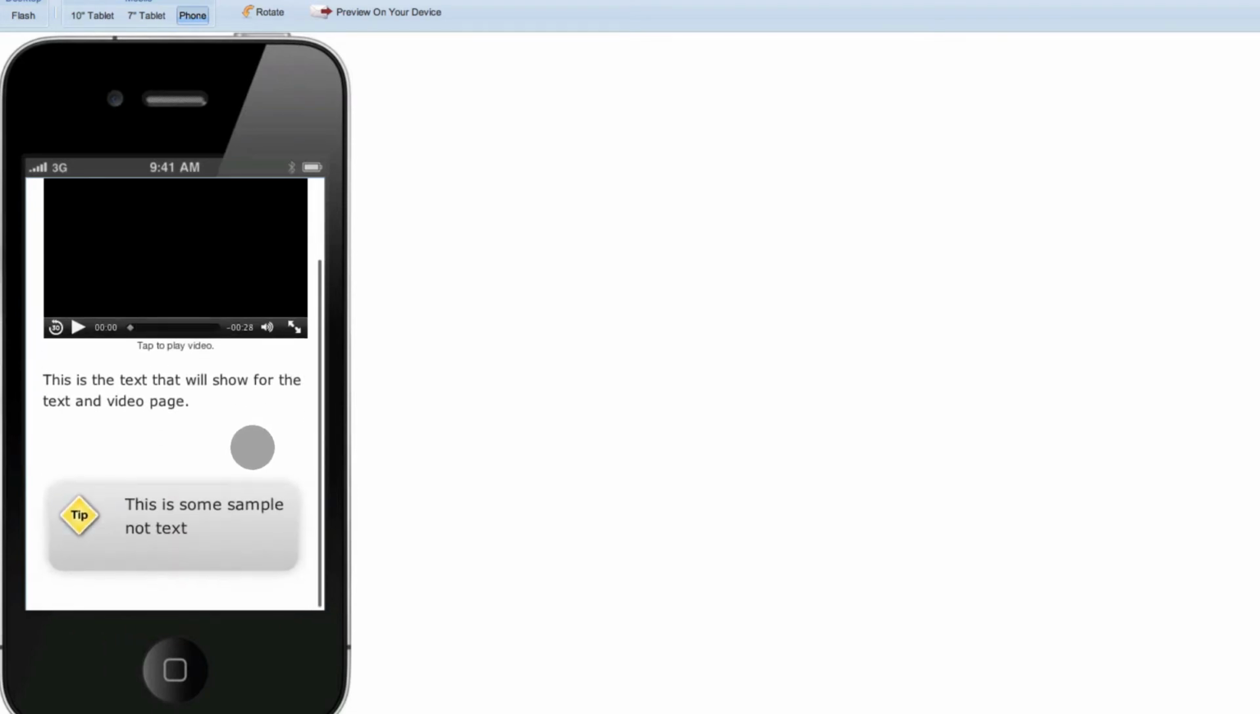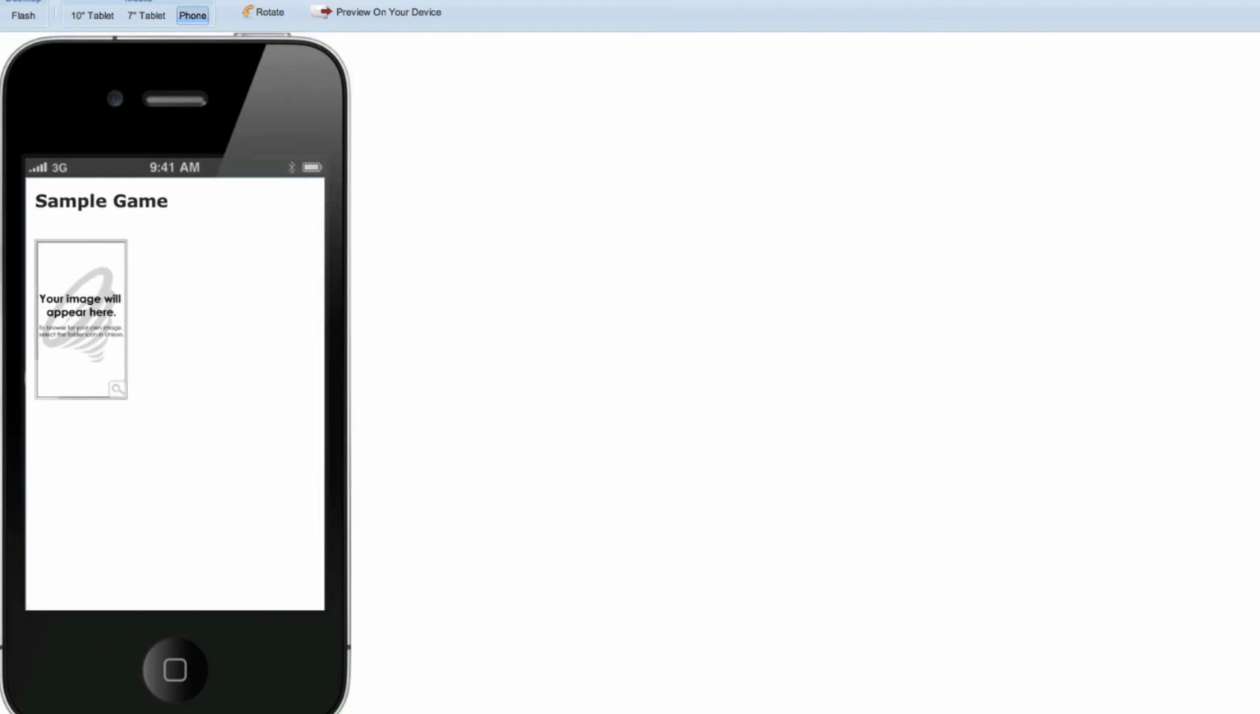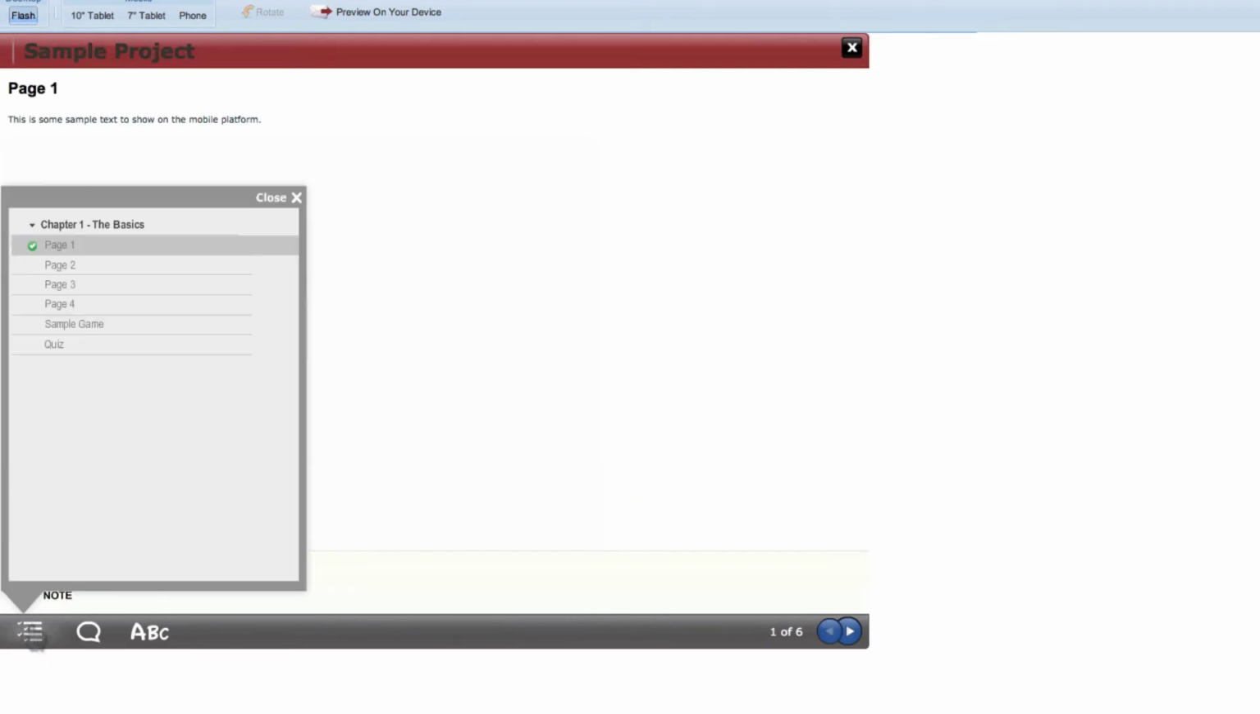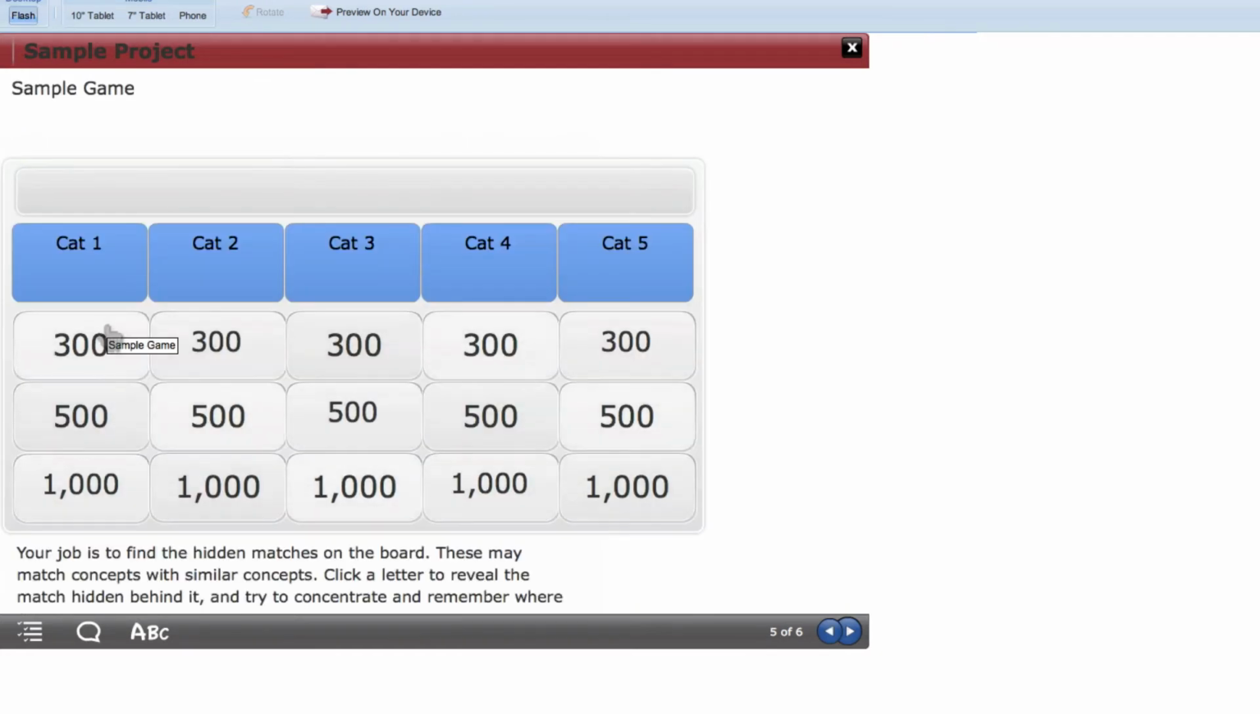Now we have text and video, and see where we have the sample game, where if on the Flash side, let's go ahead and go back to the Flash side here. This is where we were talking about as far as the alternate mobile content. If I go to it from the Flash side, the game appears. However, if I go to that same page inside of the mobile side of things,